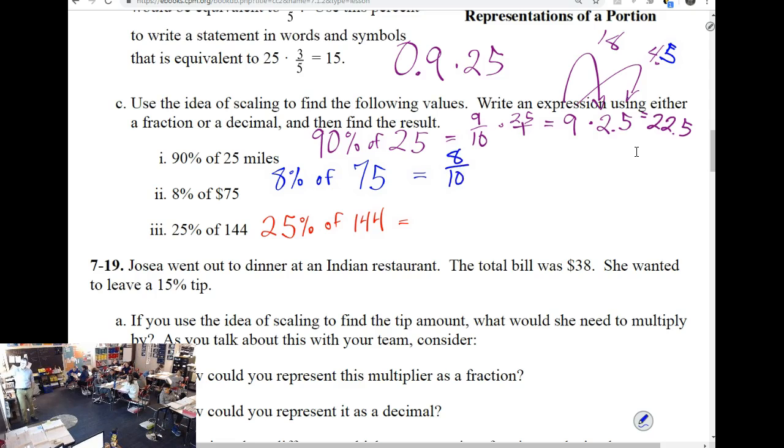So I'm going to explain what you're talking about in a different manner. What you're saying is awesome, but just so we can keep on the same strategy. What George is saying is if I wanted to find 1% of 75, you guys, this is a really good strategy. George said, I can just move the decimal 2 places left because 1% would be division by 100. So what George is essentially telling us to do is end up with 8 times 0.75. Right? Because that's 1%.